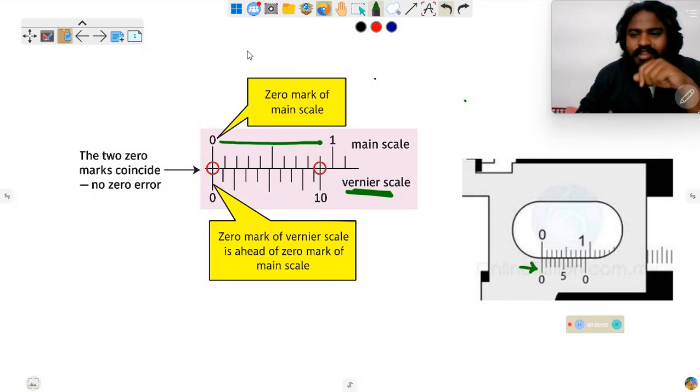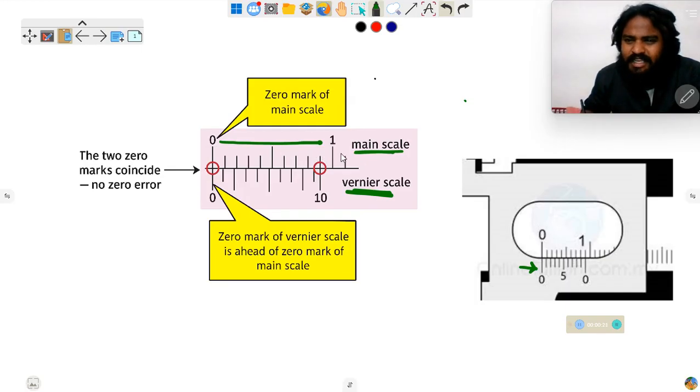Hi guys, so in this part 2, let's see how to find out error and how to give correction to the error, right? So once again, let's recall about Vernier calipers, very simple quick review, right? Here, if you observe carefully, this is the main scale. On the main scale, it will be like a normal centimeter scale only, and this is the Vernier scale. Whenever you place the object between the jaws of the Vernier scale, then this Vernier scale will move freely on the main